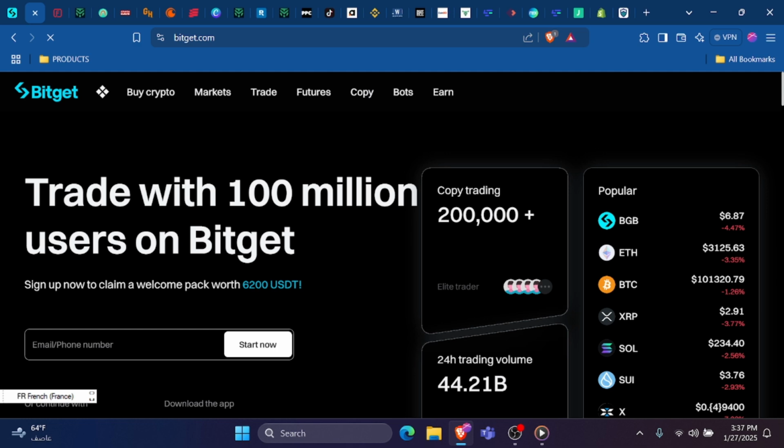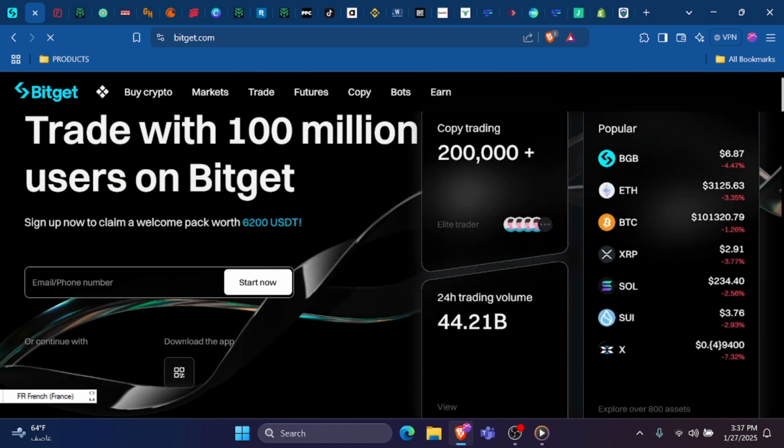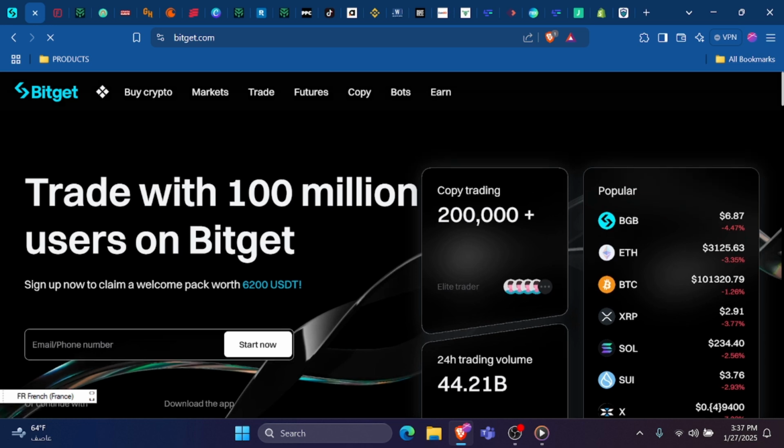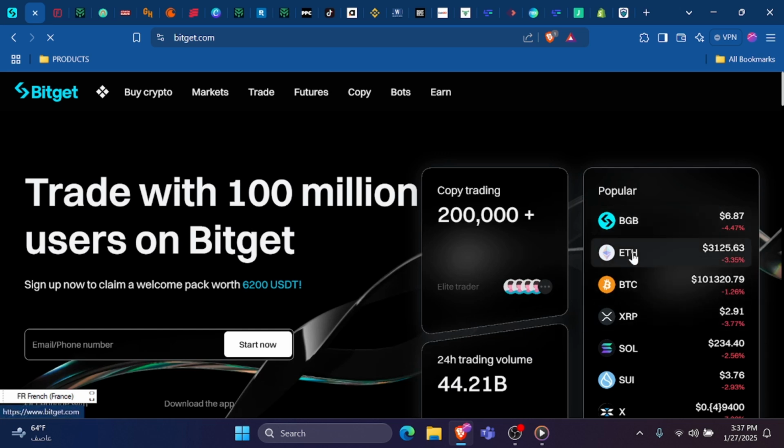Once your account is set up, it's time to deposit funds. On the homepage, tap on Assets and then Deposit. You'll see a list of available cryptocurrencies to deposit. Choose the one you want to deposit, copy the wallet address, and send your funds from your external wallet